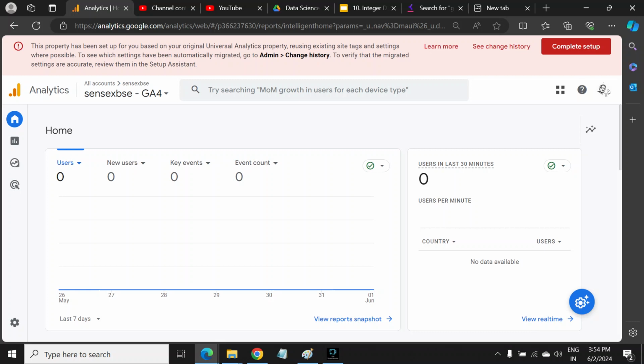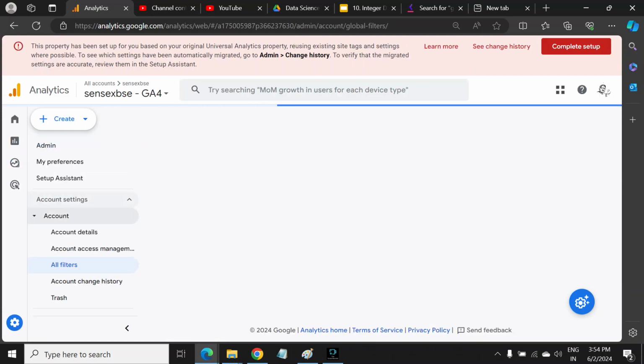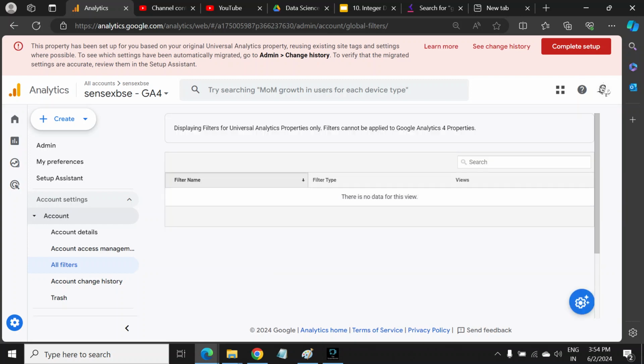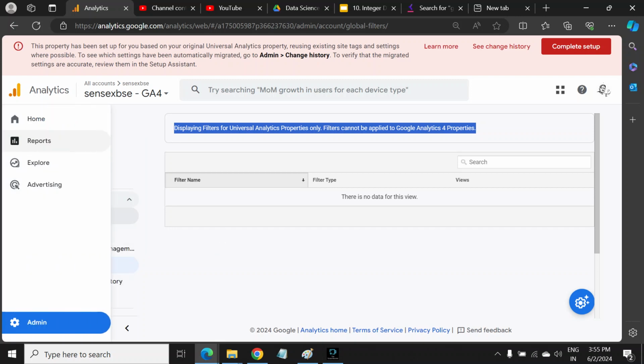Today I'm going to talk about how to use filters in Google Analytics 4. So traditional filters you cannot use in GA4. For example, if I go to admin and here you can see your filters. So here you can see displaying filter for universal properties only. Filters cannot be applied to GA4 property. So in GA4 property you cannot use admin filters, but there are some filters